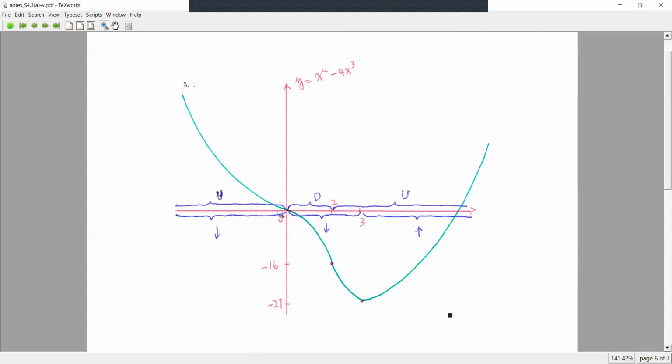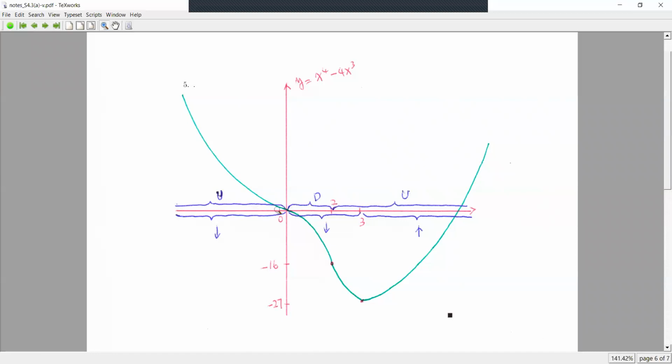From negative infinity to 0, decreasing, so I mark it down. From 0 to 3, decreasing, mark down the information. 3 to positive infinity, increasing. And from negative infinity to 0, concave up. 0 to 2, concave down. 2 to infinity, concave up. Okay. And then I draw the graph